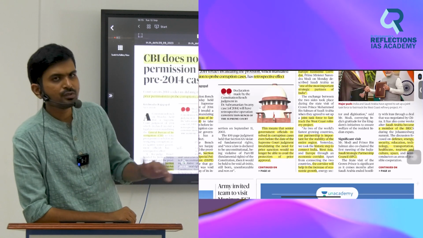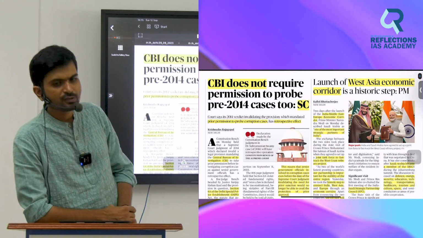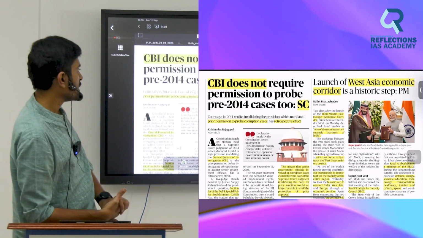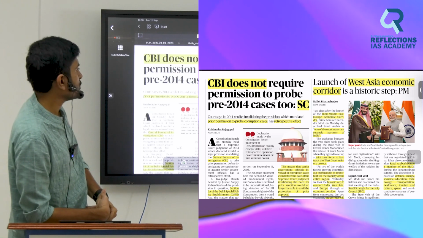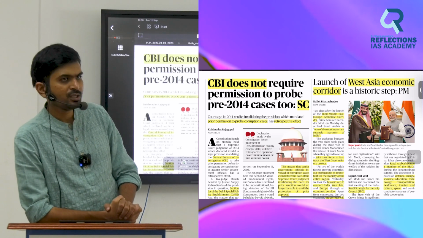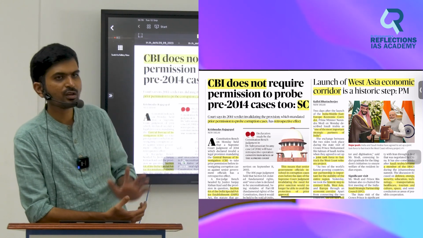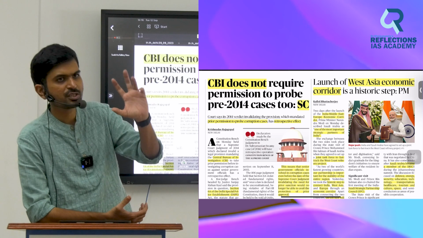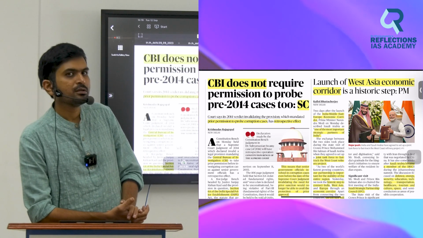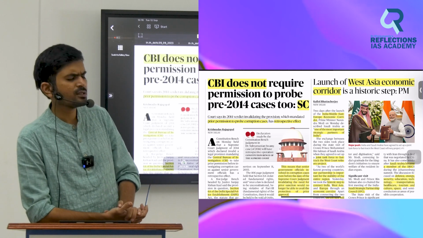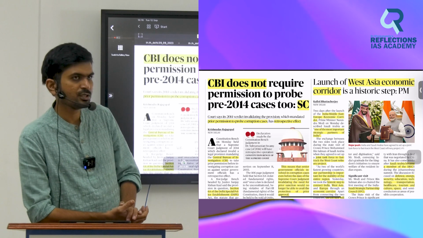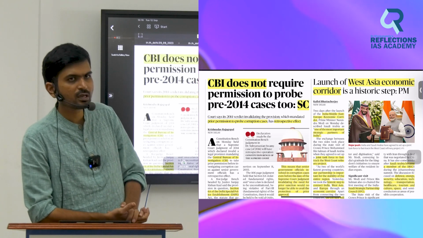This is nothing new. This is an extension of yesterday's G20 article discussion only. That is the West Asia Economic Corridor. We have discussed Saudi Arabia in different contexts. One of the contexts is that it's in the WANA region, that is West Asia and North Africa. Especially it's in West Asia. It is the undisputed leader of West Asia. Second thing is Saudi Arabia recently joined BRICS in the Johannesburg Declaration. We have discussed Saudi Arabia in the BRICS article also.